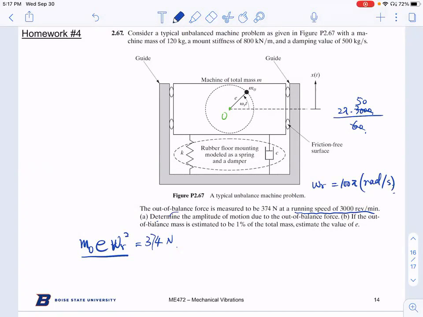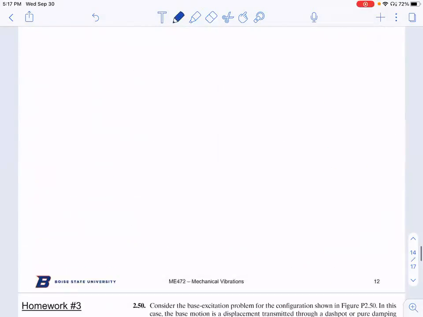the motion due to the out of balance force. So that means you want to find the amplitude of your x. So your output is x, your input is the out of balance force. You remember that your x over F out, right? So that's in slide